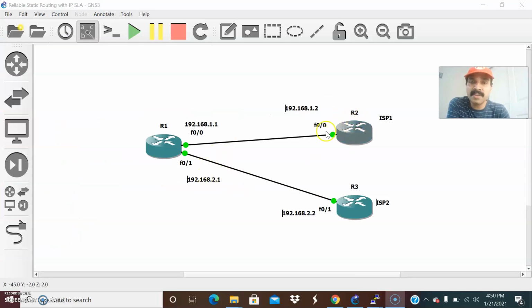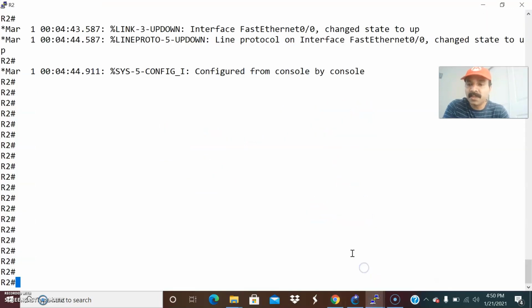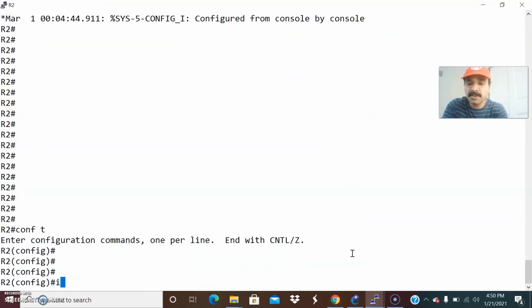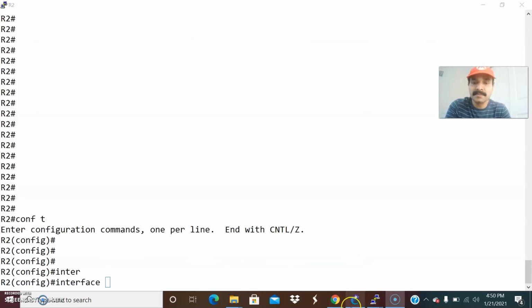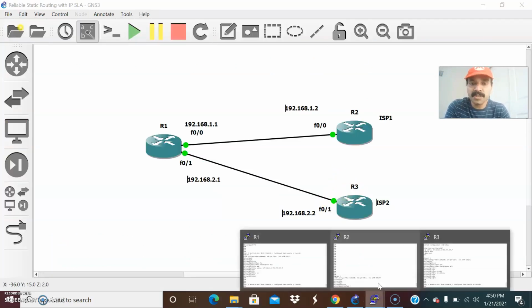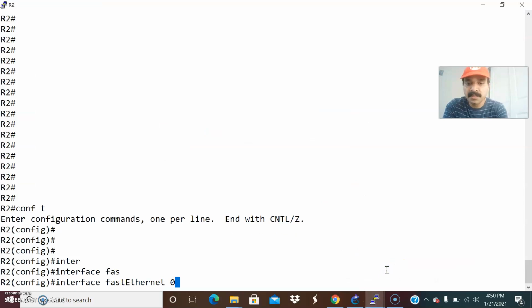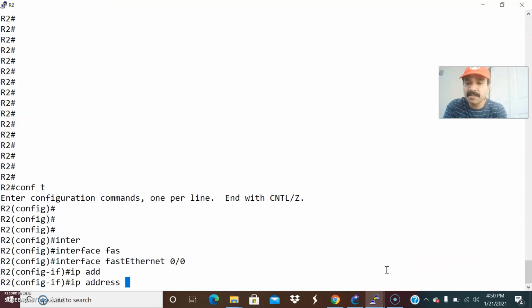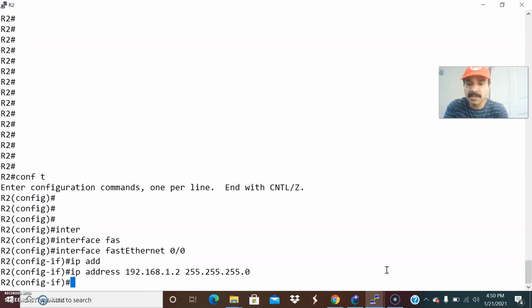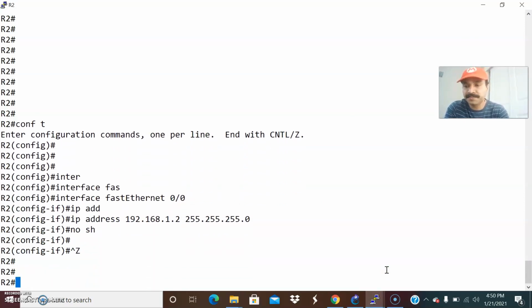Then I have to activate FastEthernet 0/0 on R2, and on R3 I have to activate this interface. Let us go to R2 and go to the configuration mode, interface FastEthernet 0/0, and the IP address is 192.168.1.2, 255.255.255.0. Let us do a no shutdown.